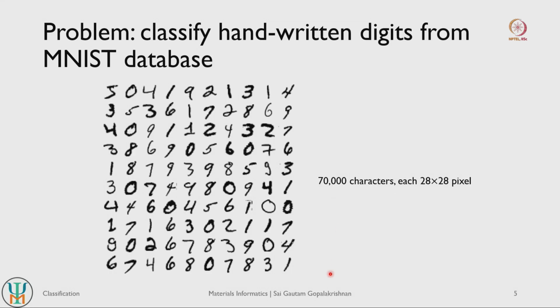So this is a very nice, very easy to use data set for classification exercises. We will be taking this data set, and our task is to once again classify these handwritten digits. So if we see a 5, we want to classify that as a 5, if we see a 6, we want to classify that as a 6, and so on.